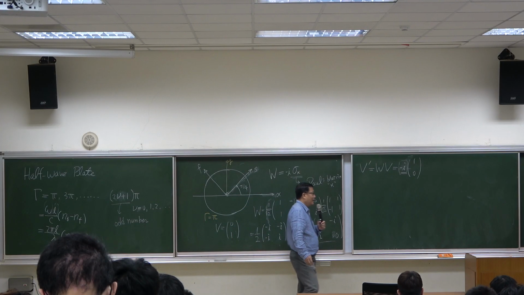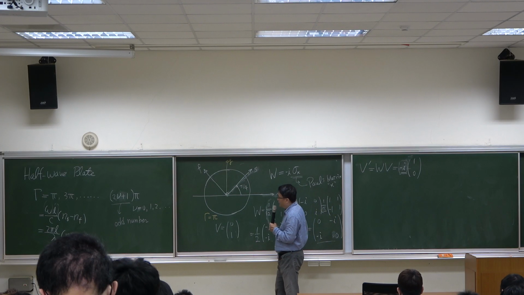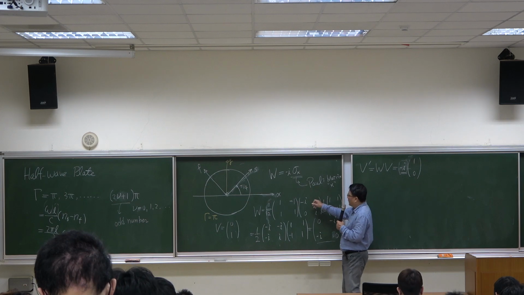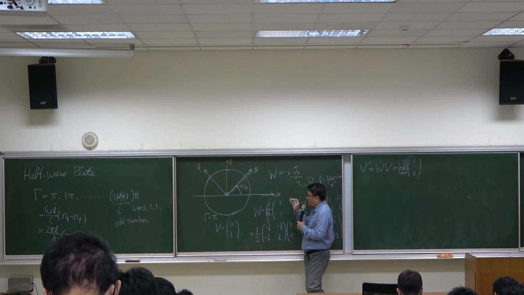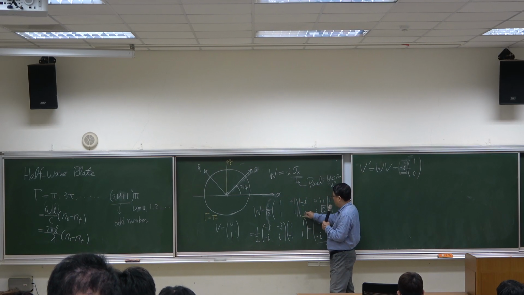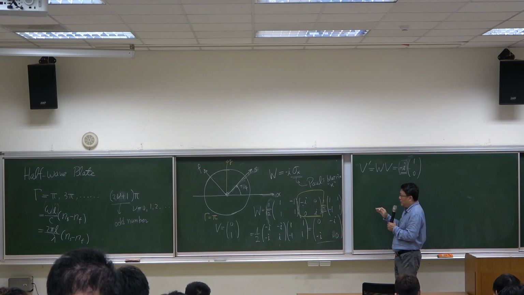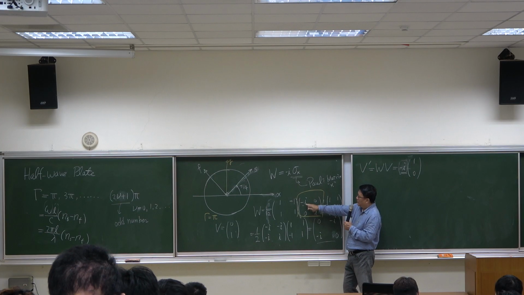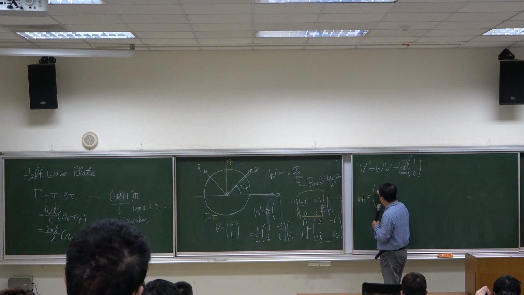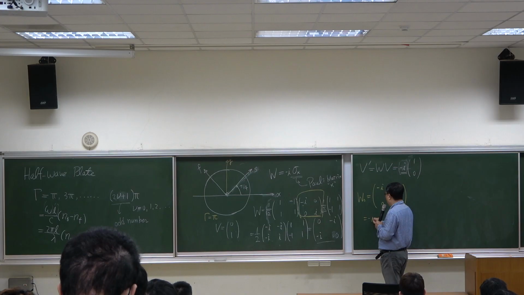To understand the physical effect of the half waveplate is very, very easy because for a half waveplate, if you observe the W0 part, I have already explained that you can write W0 as minus i times